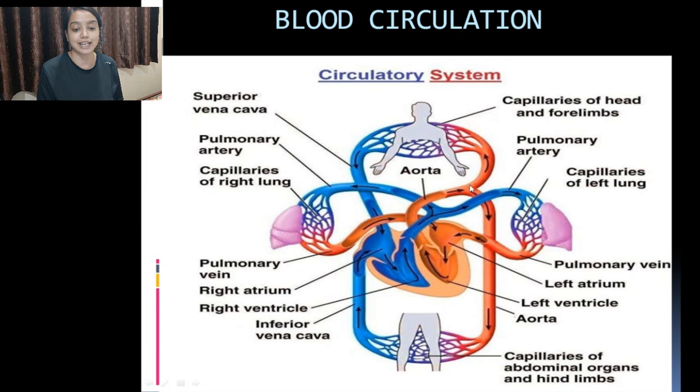and from the left ventricle the blood is pumped into the aorta, and the aorta sends the blood to the whole body, above and below, and it gets branched into arteries, and from the arteries the blood goes to the capillaries. Similarly, the blood circulates in our body, and the blood is pumped at 120 mmHg pressure. Because of this pressure, blood circulates in our body.